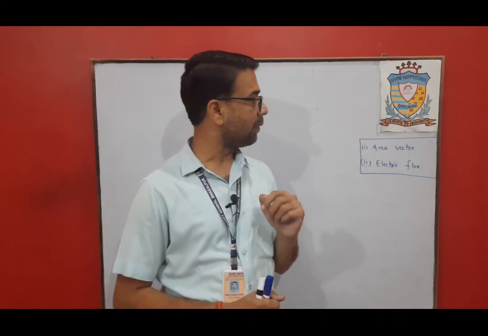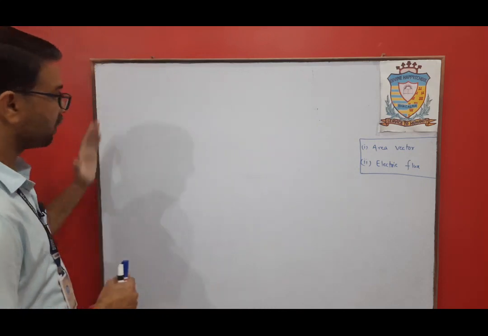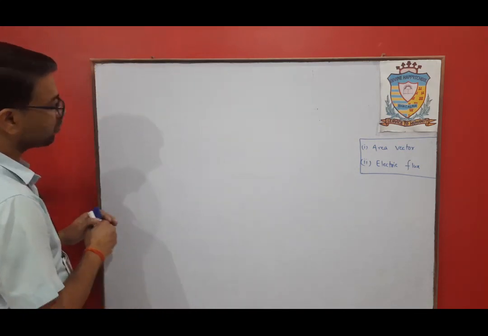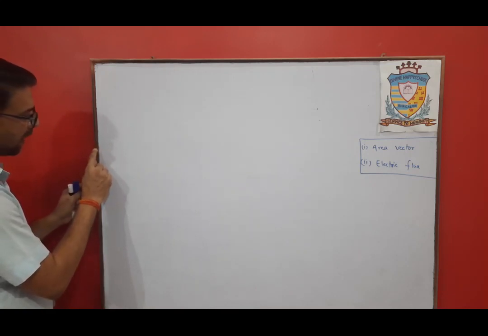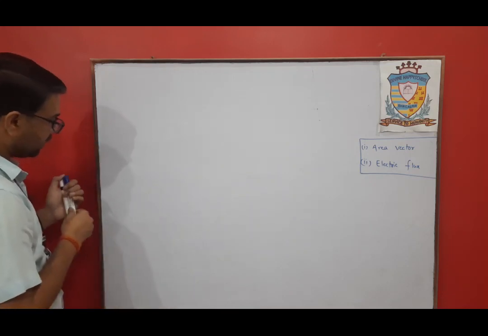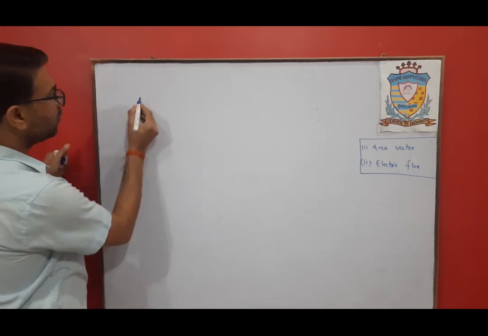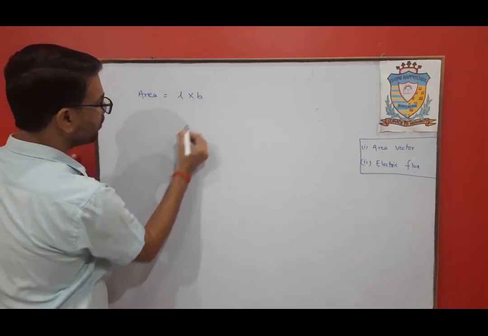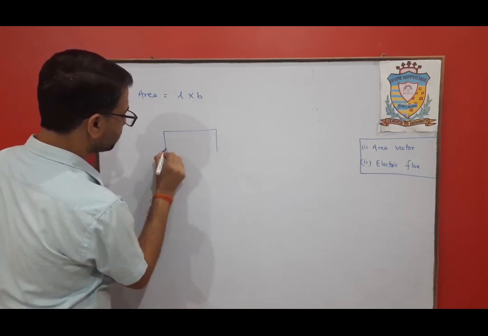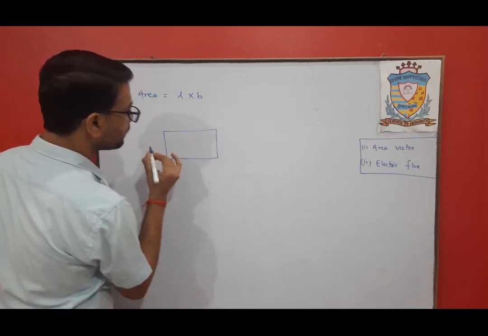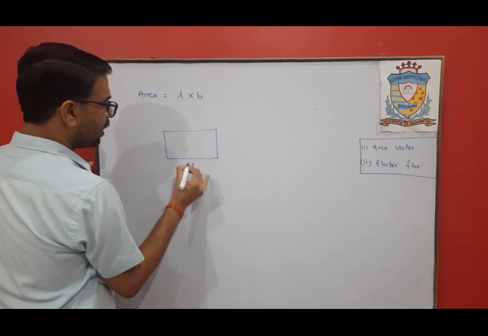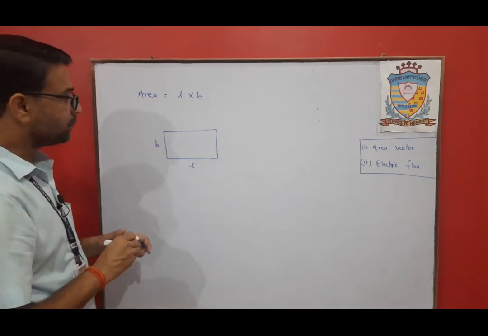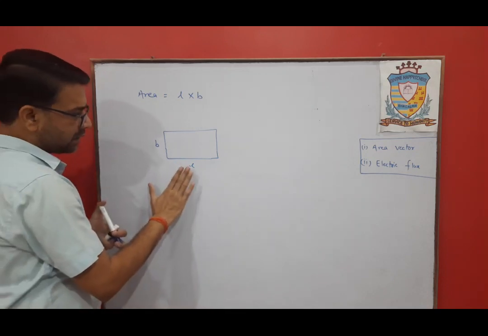So if we have to find the area of, suppose, this board, how will we calculate it? This is a rectangular board. So we will simply multiply the length into the width. Let this be L, so this area is equal to L into B. Okay. Now, what is length?